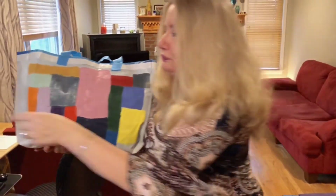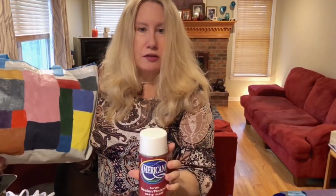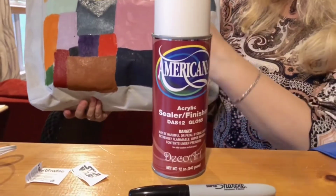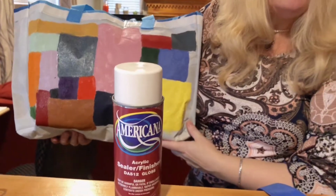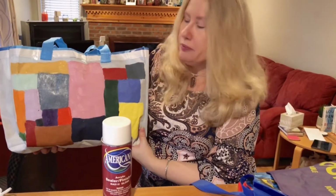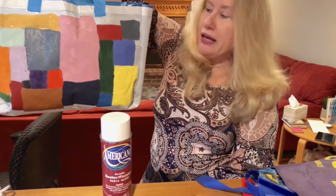And then a little while later, I used acrylic sealer finisher on it. And I held it 10 inches away and one single coating, and the directions say that's all you need, and it's been drying in the garage. There's a slight odor to it, but again, absolutely, this is a way of freshening a bag that you already